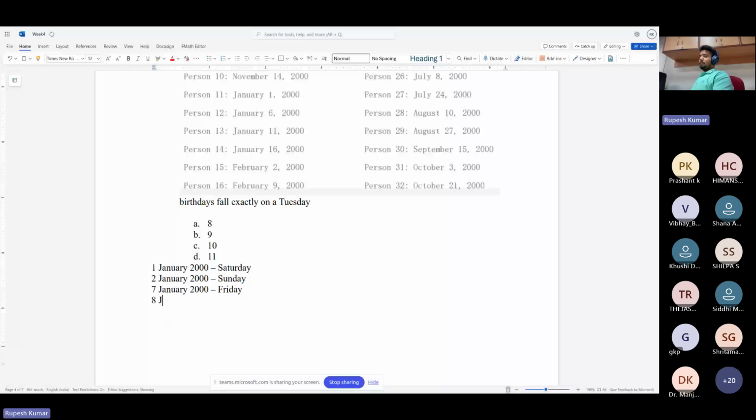So we need a program that takes this date and month and year and tells us which day it would be, given the first day of the year was a Saturday. Okay. So the 8th of January would be a Saturday again. Then again, 9th would be Sunday,